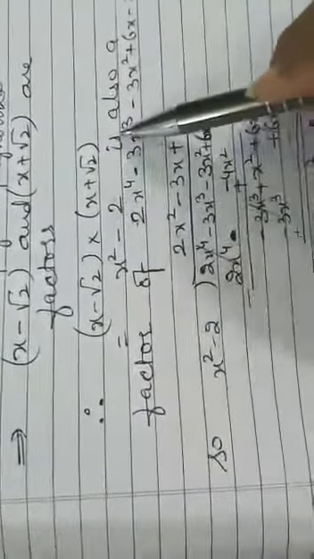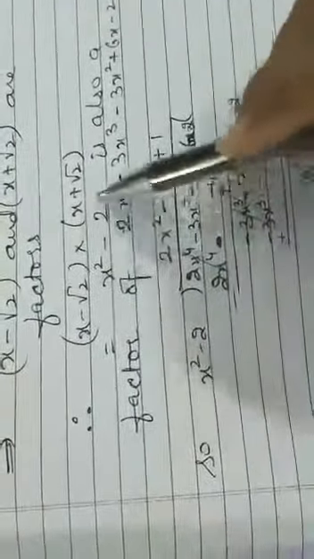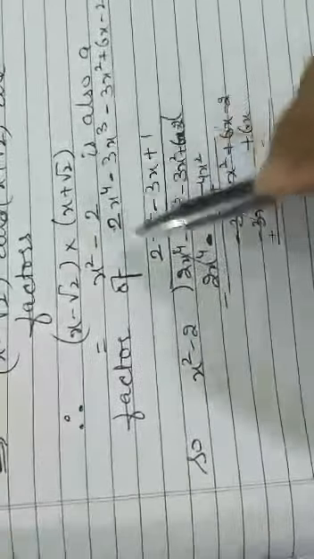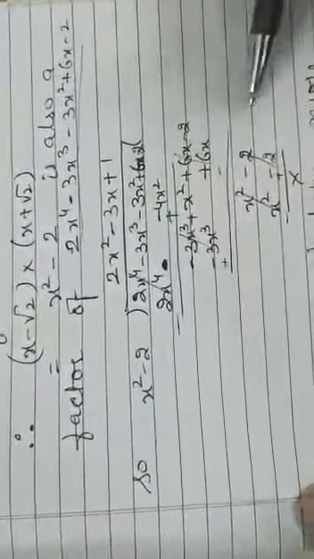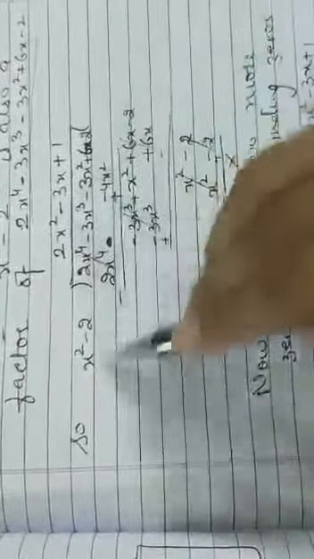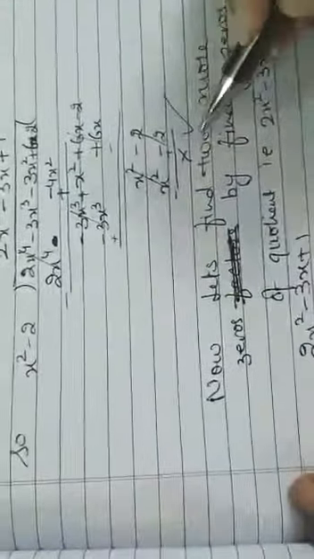Now these two are factors. Multiply these two factors. I have multiplied them here. Now the new polynomial you are getting is again a factor of the given polynomial. This I have written here. Now to find out 2 more zeros, what you have to do, you divide this polynomial by x square minus 2. I have shown how to divide. You can see it yourself by pausing the video. Since we are dividing this with its factor, so definitely we should get remainder 0, which is 0 here. Now this is your quadratic polynomial.